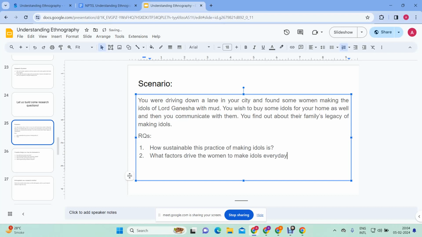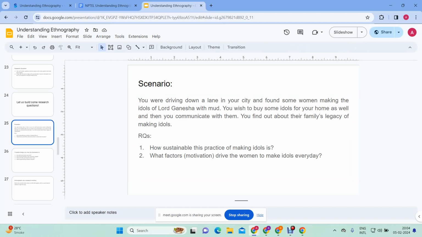Like motivation factor or be it whatsoever. Like there should be something behind to keep them going, right? Because we know for a fact that not everyday people buy a Ganesh idol, especially a specific idol. And that woman is doing it all 365 days, then it means something to her. Yes. Totally. So, yes, these are quite two very nice research questions with respect to a scenario that we